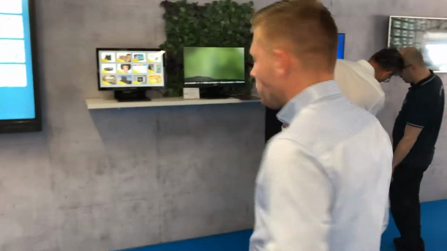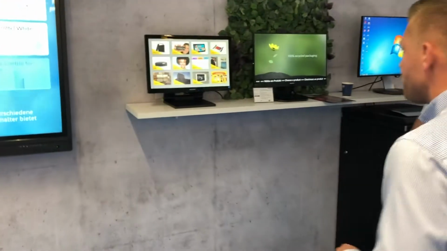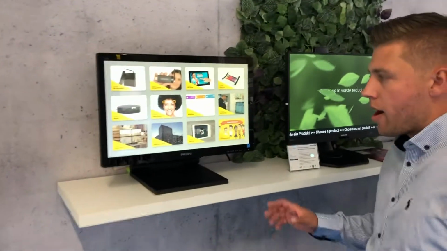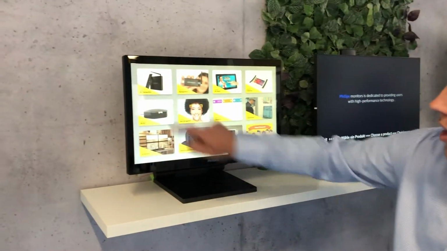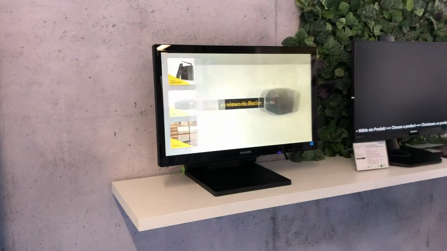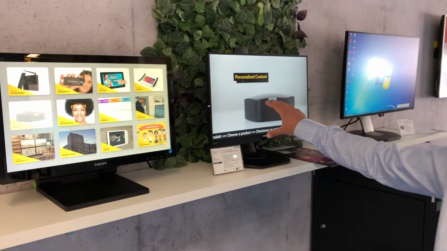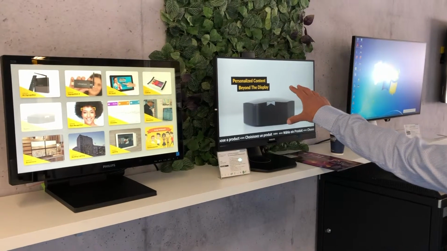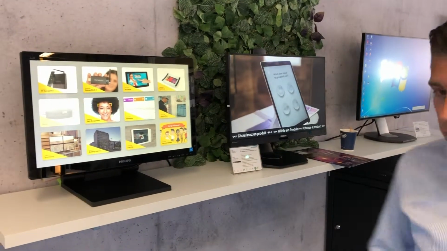So, here's another use case. This use case is done with two viewneo 4K signage boxes and the split sync plugin. Once you select the product, the content will change on the other player and will display on the other screen. So if you follow me to the next use case,